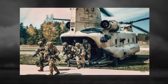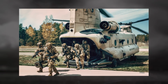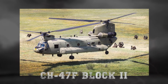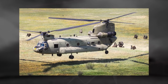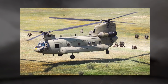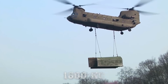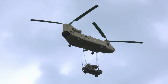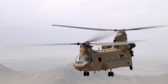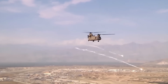The first delivery represented one of up to 465 in the Army's fleet that will be modernized to the new Block 2 configuration. The CH-47F Block 2 features many enhancements, including an improved drivetrain, reinforced airframe, and enhanced fuel system. These improvements translate into an additional 4,000 pounds, or 1,800 kilograms, of maximum gross weight and an extended mission radius for nearly all payloads. The design also crucially accommodates future technology upgrades, ensuring the aircraft remains at the forefront of